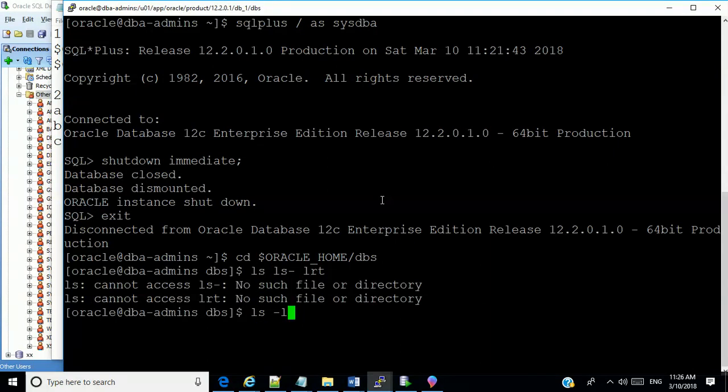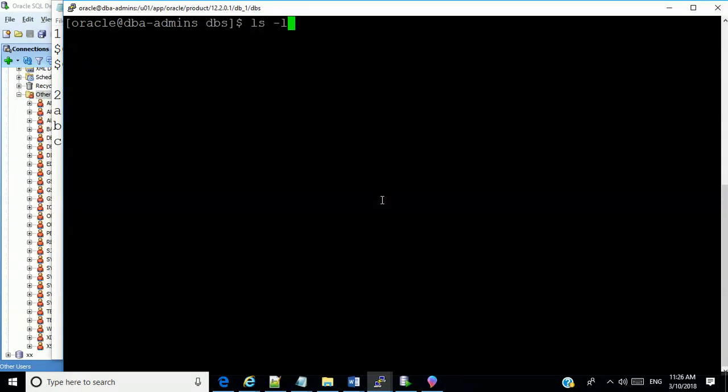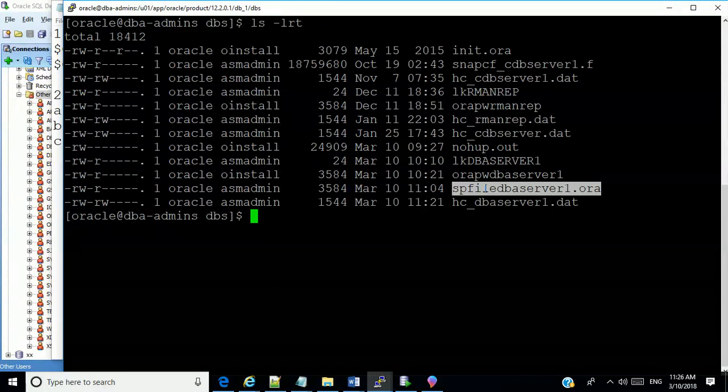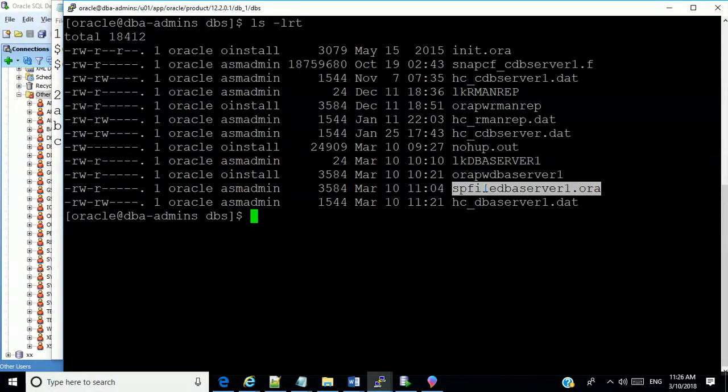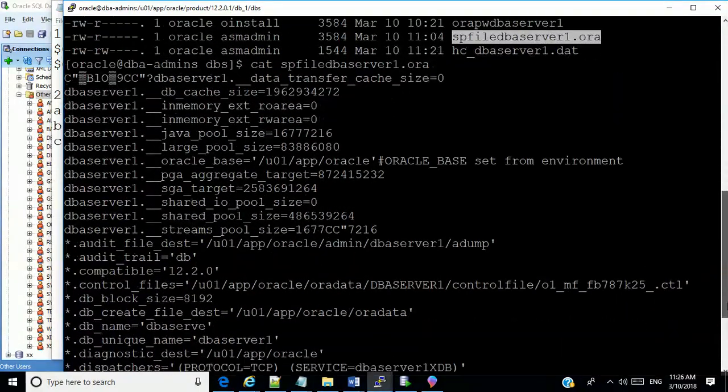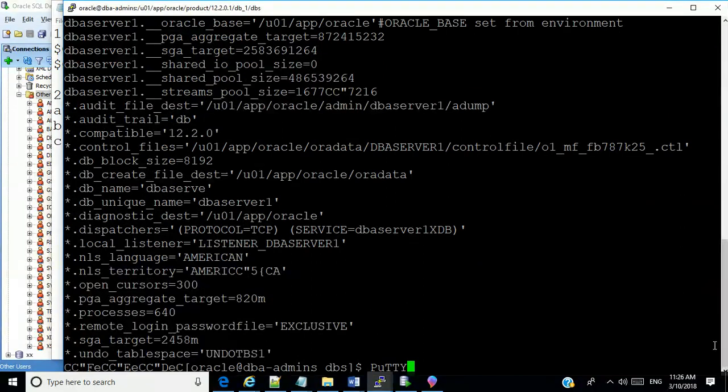Sorry. Let me just clear this stuff here so everybody can see the screen clearly. ls -lrt. Notice that there's an SP file here, okay? This file, you don't open the file to modify it manually. Rather, you modify the file using the SQL*Plus utility, okay? You modify it dynamically and not manually. Okay, I can do a cut here. You can just have an idea what is inside. You see the parameters that are already set here, okay?